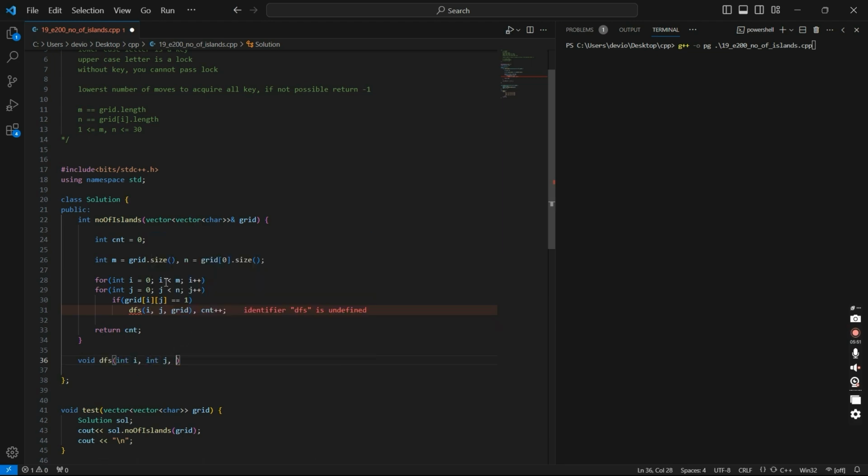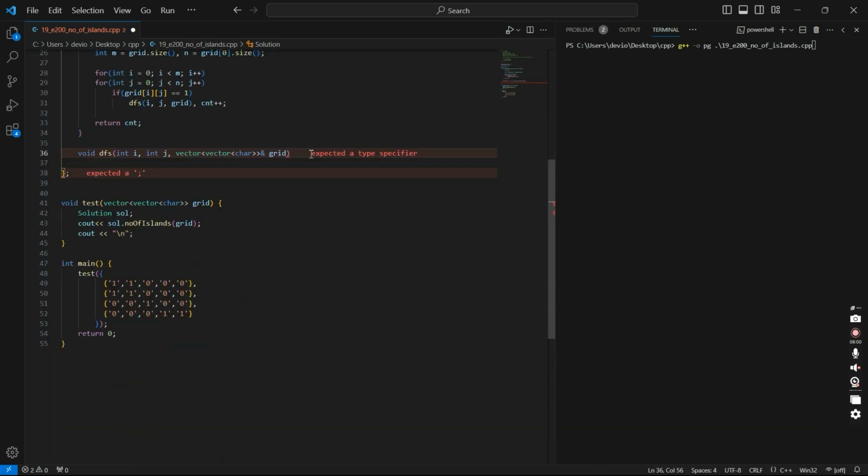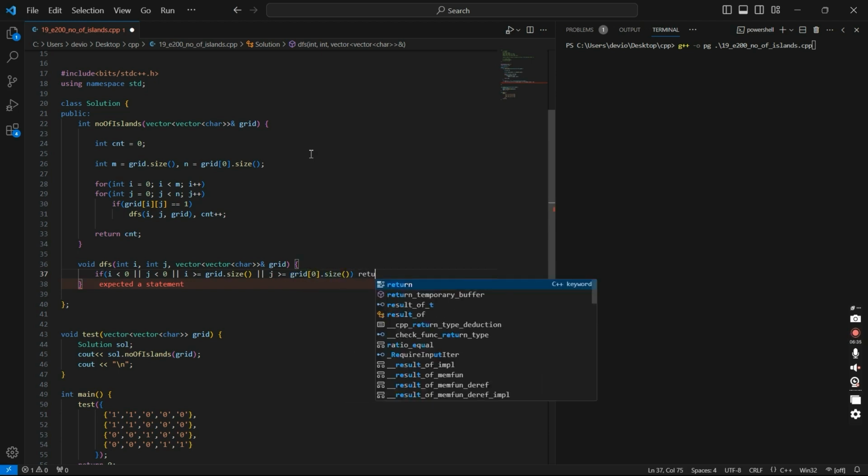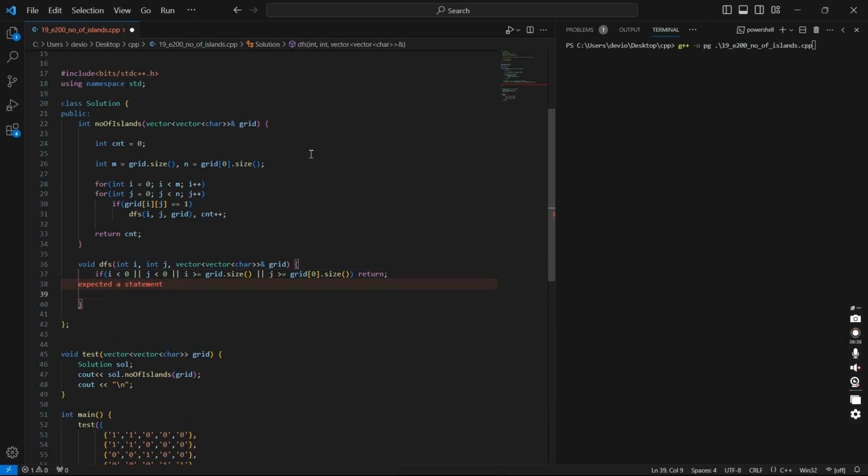You need i, you need j. You need a check whether i or j has gone out of bounds. It can go in both directions. It can go below 0. It can go above the grid size. In all these cases, simply return. Otherwise,